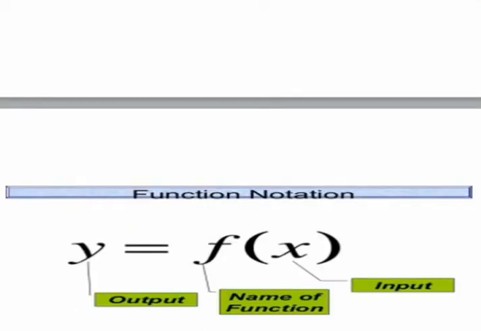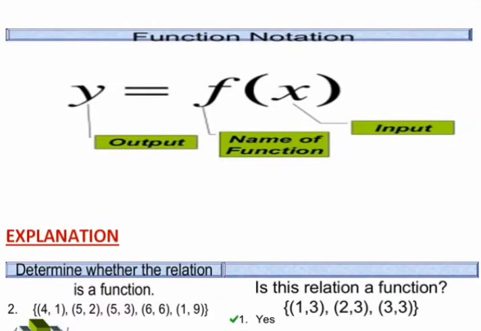Okay students, now see the function notation here. How do we denote it? y is equal to f(x), x is our input and y is our output. If f(x) is defined like x plus 1, then we put the value of x, say 1, and we get y is equal to 2. So that's why we say that x is independent and y is dependent. x is independent because we can put any value of x, and y is called dependent on x because as per the value of x, y varies.